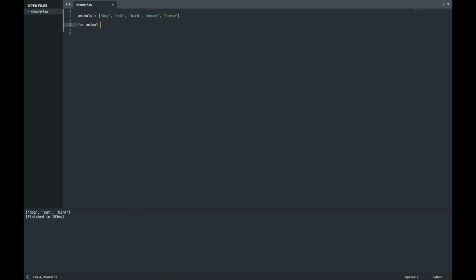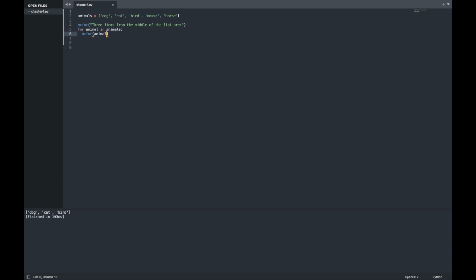So for each animal in our animals list, let's print that out. Actually, let's do the print statement outside of the loop, so we can say three items from the middle of the list are this. And then we can loop through that and basically print out